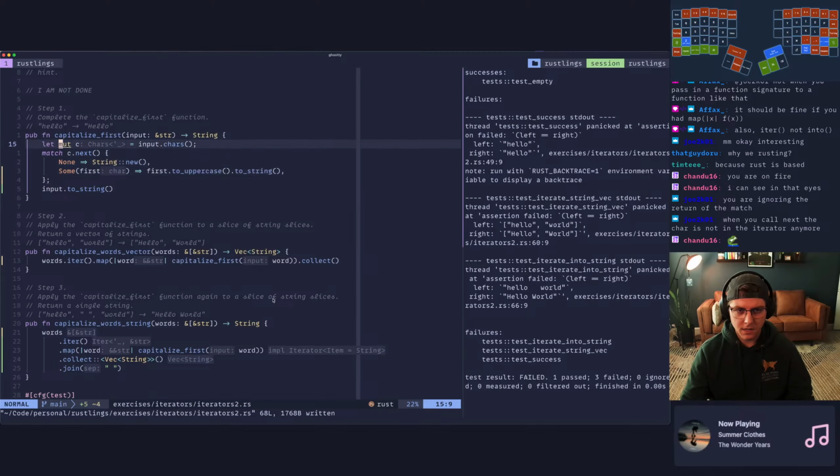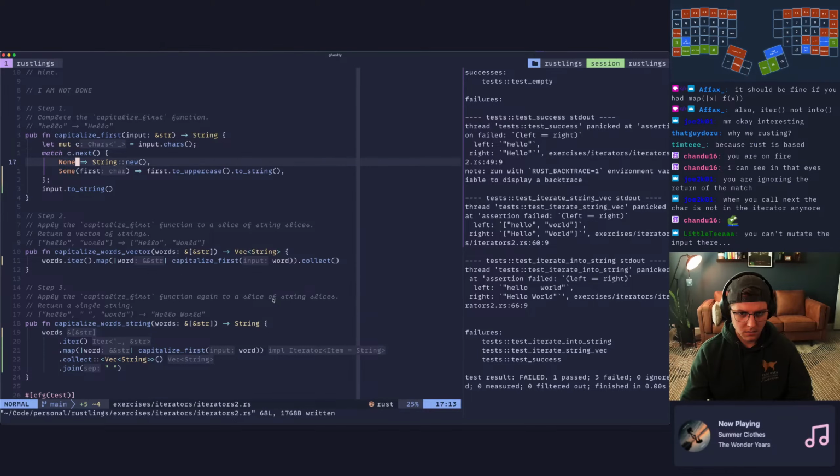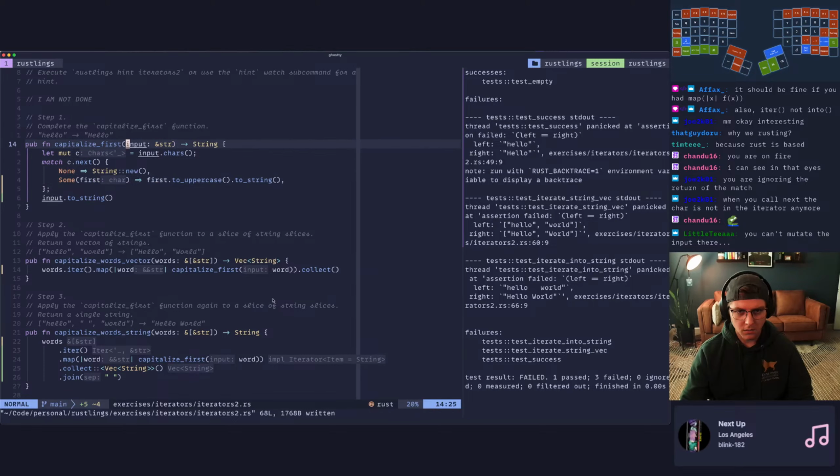So does the iterator not mutate the... Oh, because it's... Oh, oh.